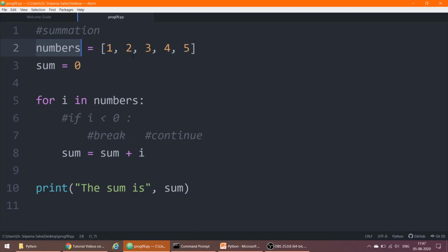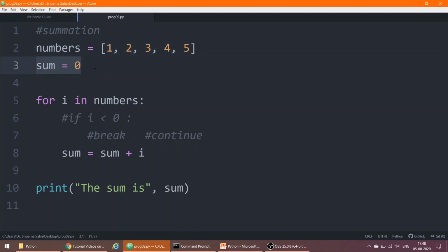Now we need to calculate the sum of that. For that, we need to initialize some variable to the value 0, otherwise some garbage value can be kept in it. So the sum variable has been given the initial value of 0.